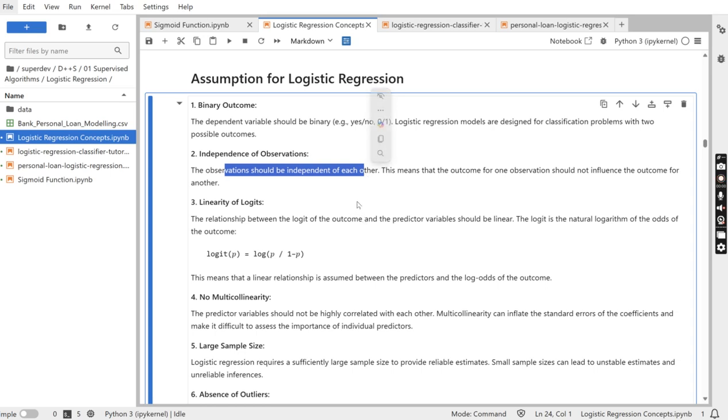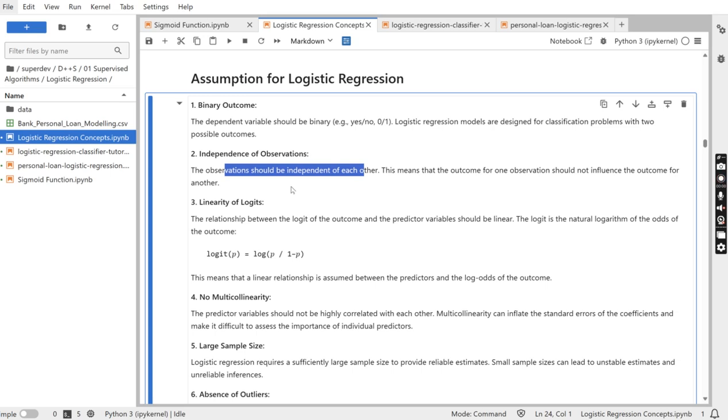They should not have some dependency of one on another. For example, for loan approval, let's just say father applied for a loan, so did the son. Father applied for the loan, and in the same data set son also applied for the loan. Now there is a dependency. What is the dependency? Family members may be the same, number of